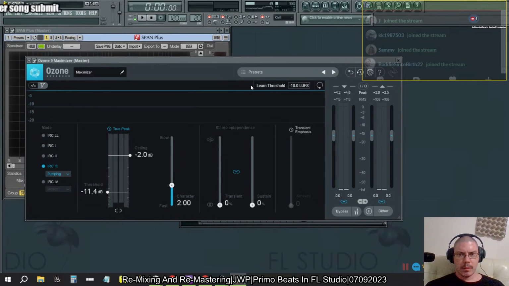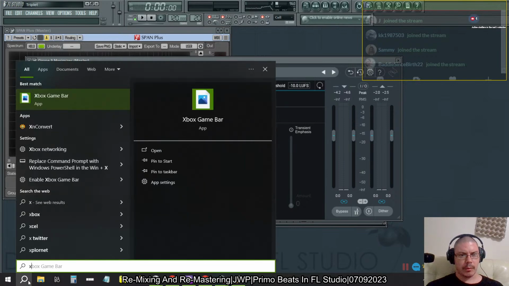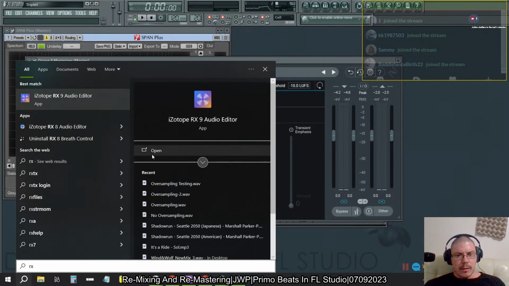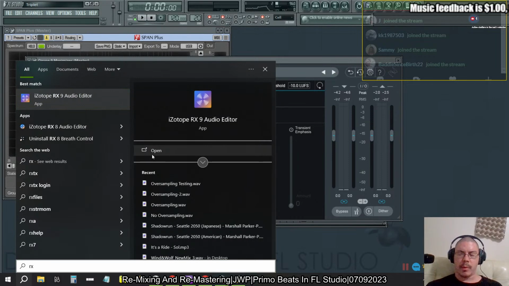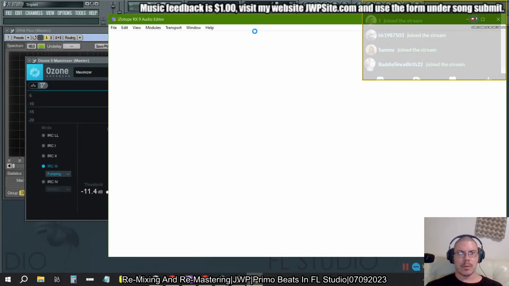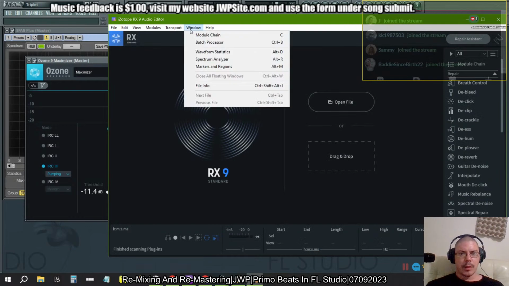Okay. So I want to look at RX right quick because I do like to use RX for final leveling for my precuts for when I listen to things in different speakers and stuff. Get an idea of where the beat is because ear breaks are important. And listening to music over time tends to change. Anyway,